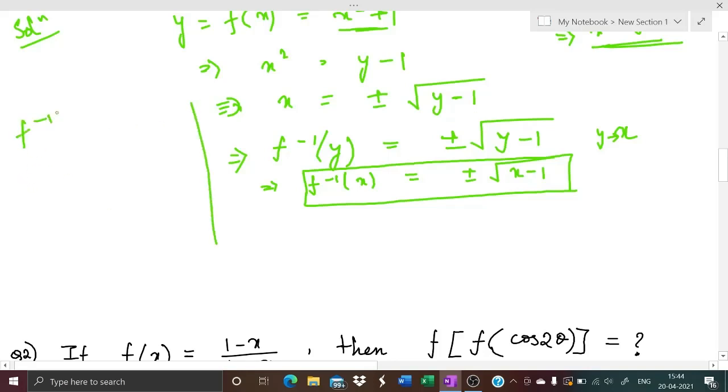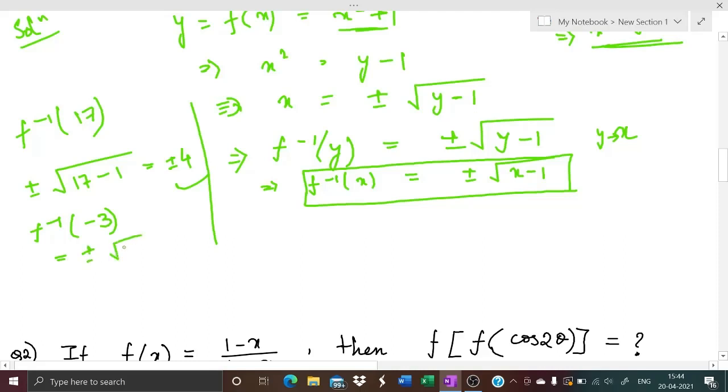F inverse 17. So I will put 17 in this equation. So I will get plus minus under root 17 minus 1, which is 16, plus minus 4. Okay. Next is f inverse minus 3. Now in this equation, since this is a square root, minus 3 is not possible. It will give an imaginary number, under root minus 4, which is equal to plus minus 2 iota, an imaginary